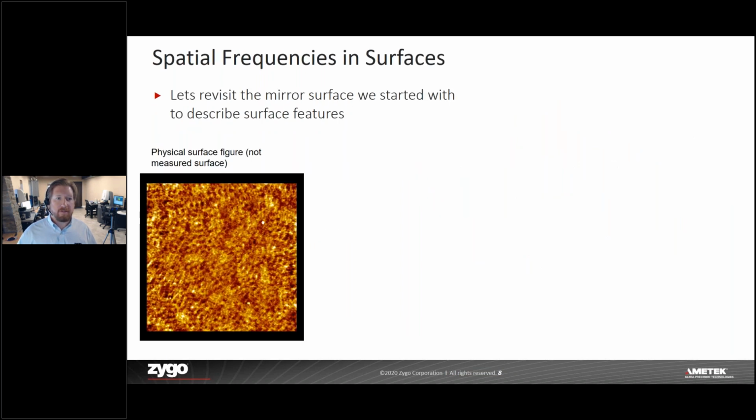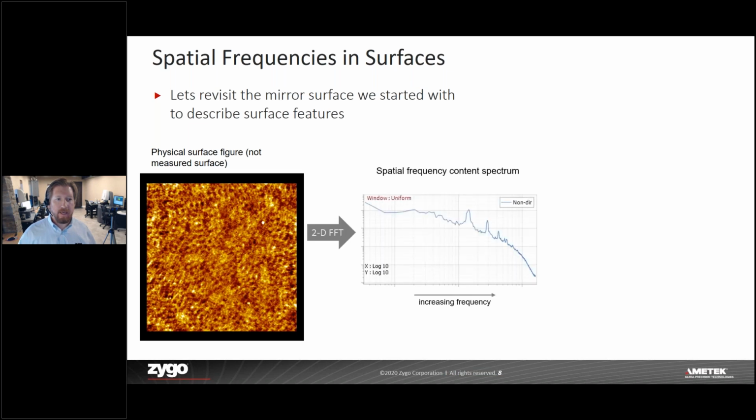So let's revisit the mirror surface we started with and try to describe some of these features. We'll start again here with the physical surface, the actual surface, theoretically. And in this case, we've got the 2D surface. So now we'll do a 2D Fourier transform in order to get the spatial frequency content of the entire surface,